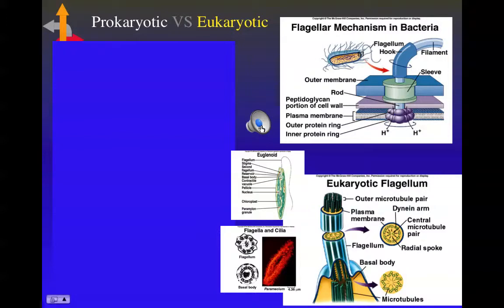Additional differences between pro and eukaryotic cells. Prokaryotic cells might have a capsule or a slime layer on the outside of their peptidoglycan layer or pseudopeptidoglycan, whereas eukaryotic cells, if they have any kind of external layer outside of the cell wall, we would call it a pellicle, test, or a shell.